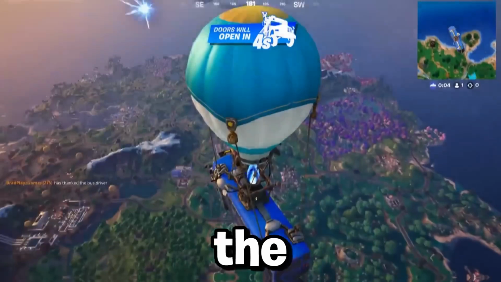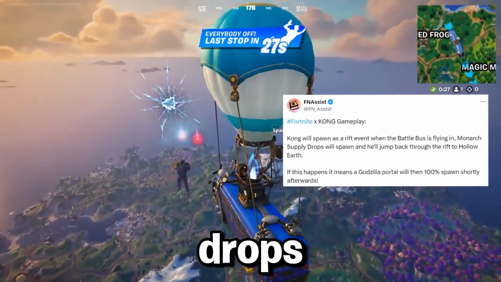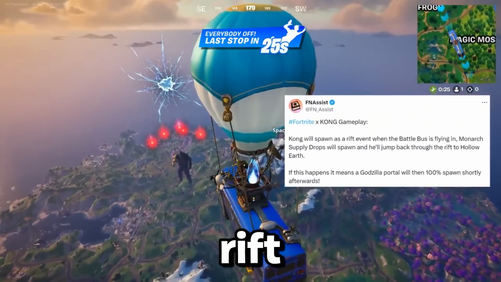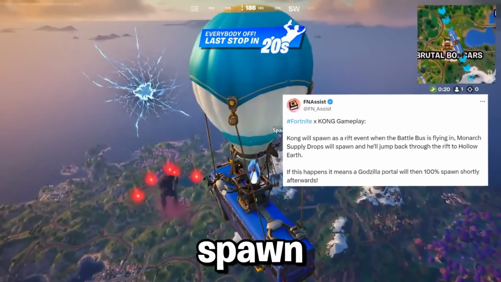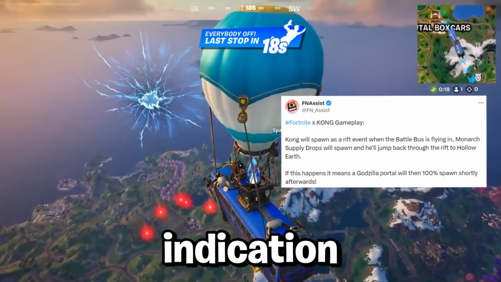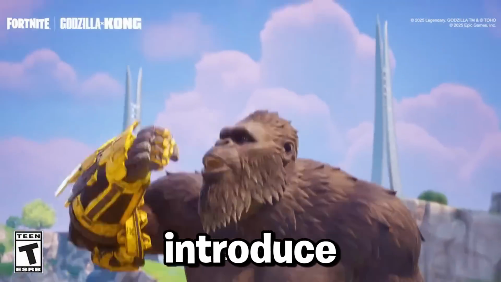With Giant Godzilla being added onto the island, Kong will spawn as a rift event when the battle bus is flying in, Monarch supply drops will spawn, and he'll jump back through the rift to Hollow Earth. If this happens, it means a Godzilla portal will 100% spawn shortly afterwards, which is a good indication, but with Kong not staying on the island for long, maybe this is an initial sequence to introduce him onto the island,